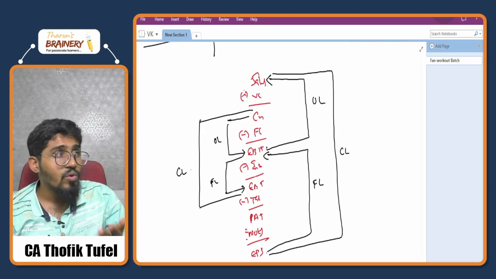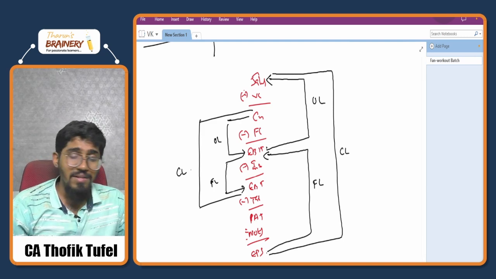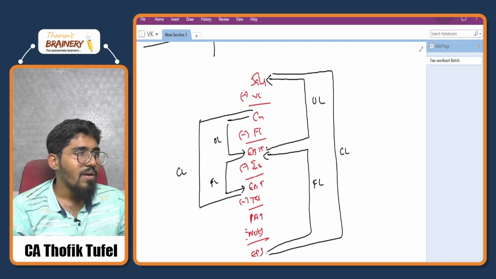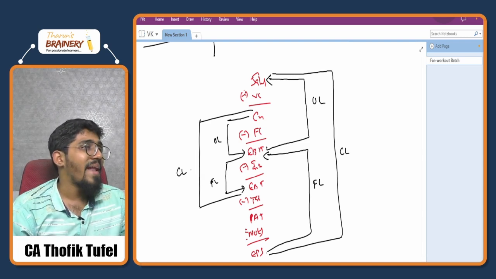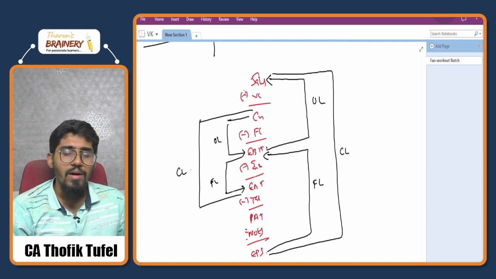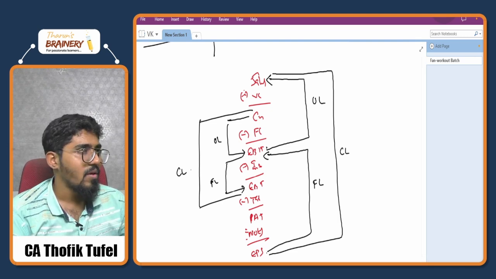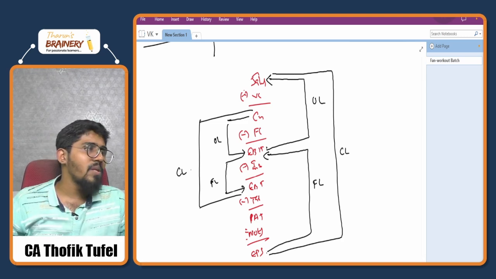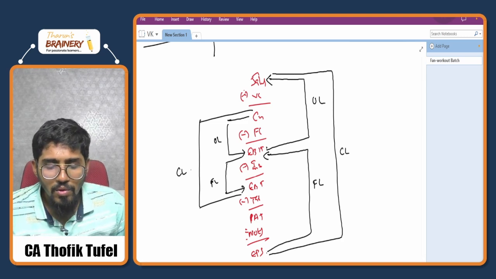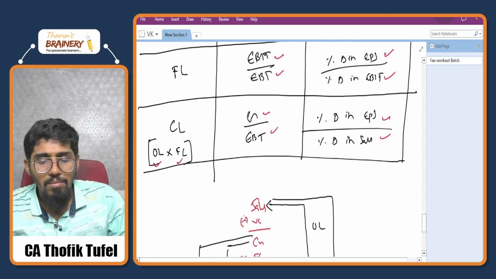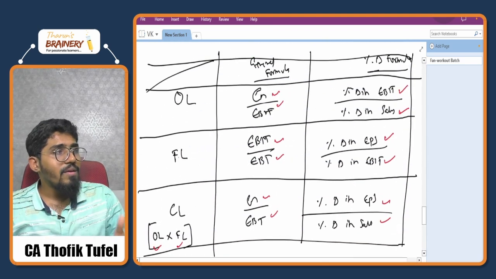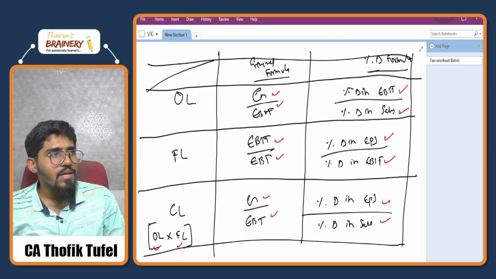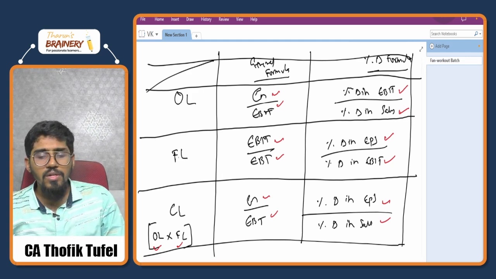This is the method I used to remember the formulas when I was a CA Inter student, because the formulas are very easy. But in the examination, what if we go blank? What if we are not able to remember the formula? If you remember the visualization, it is very easy to remember. So you just have to draw a namam. Once you prepare the income statement, you will be able to get these 6 formulas: operating leverage, financial leverage, and combined leverage. Contribution divided by EBIT, EBIT divided by EBT, contribution divided by EBT.